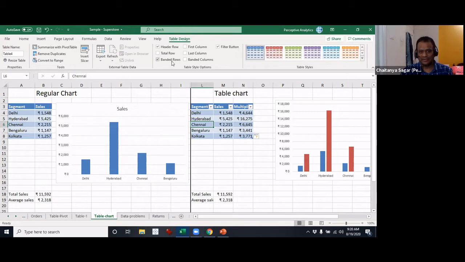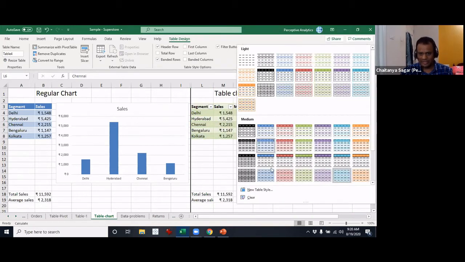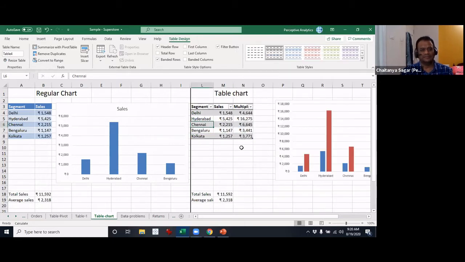So the banded rows, you can remove them if you would like to. You can obviously format it to a slightly less prominent formatting like I have done here, and then whether or not you want it, you can get the formatting, but obviously you can look at the other stuff.